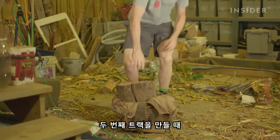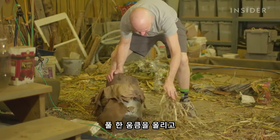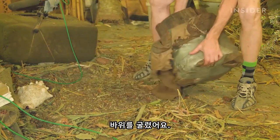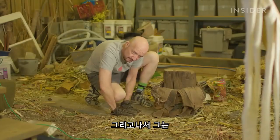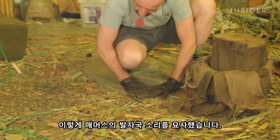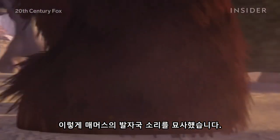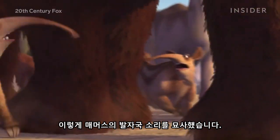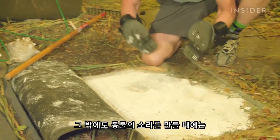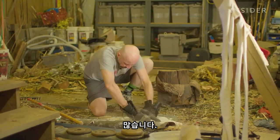When we went to do a second track, picked up a bunch of grass, and at the same time we rolled this. Then he added some pebbles and twigs to capture things the mammoth might be stomping on. There are plenty of other considerations that go through the mind of a Foley artist when making animal sounds, like